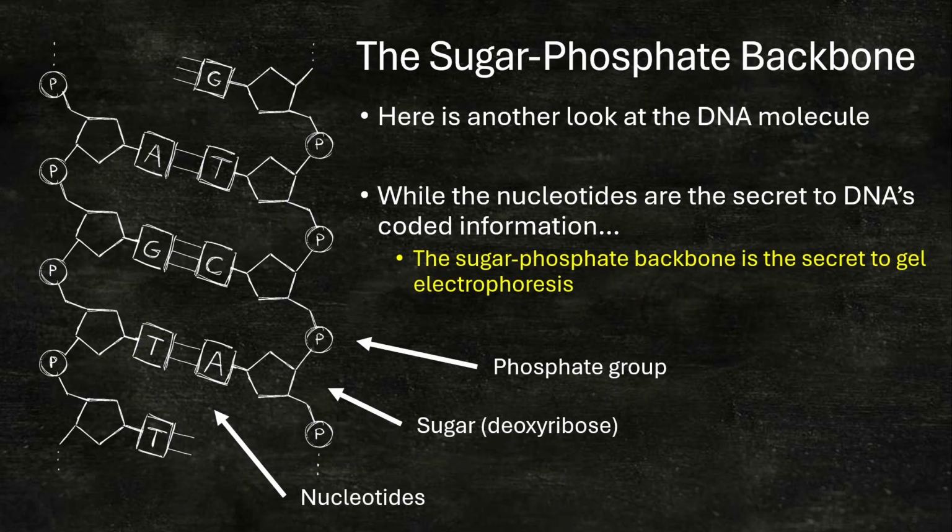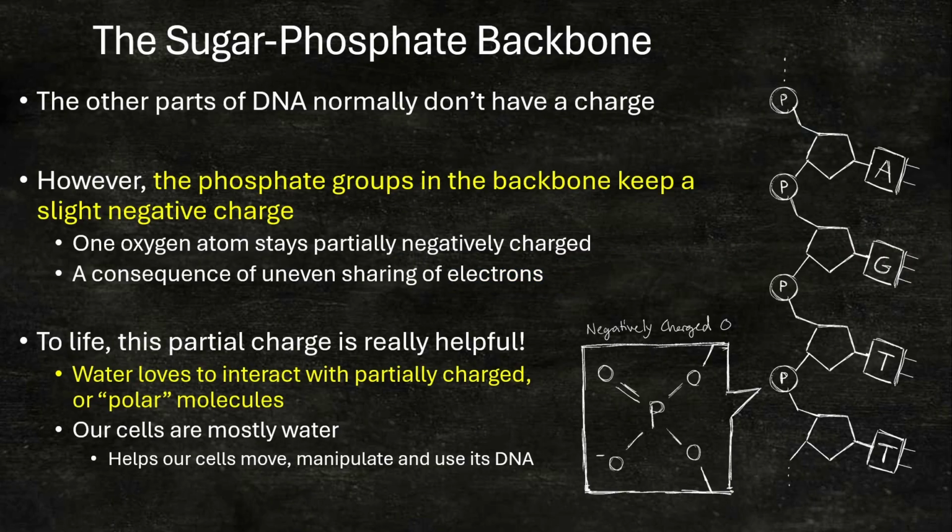Now let's take another look at that DNA molecule one more time. We can see those specific phosphate groups. As a reminder, those phosphate groups have that negative charge. These are the secret to gel electrophoresis. Other parts of the DNA molecule normally don't have that significant of a charge. However, all of these phosphate groups have that slight negative charge to them. This comes from a single oxygen that we find on every single one of these phosphate groups that keeps an